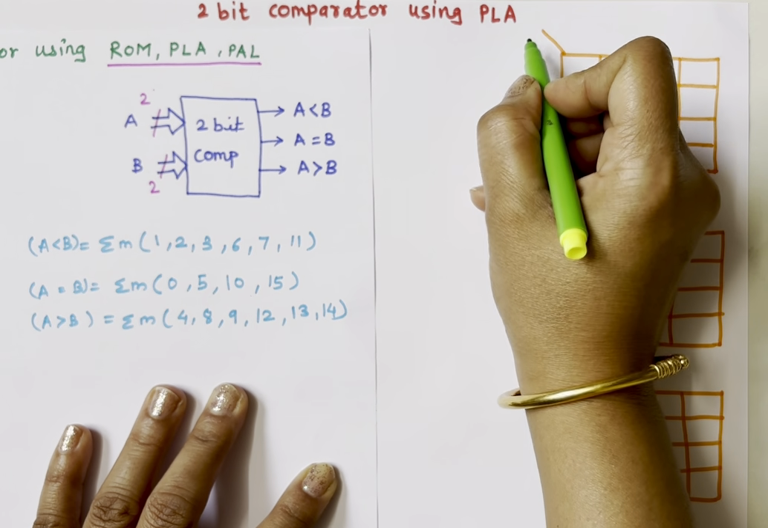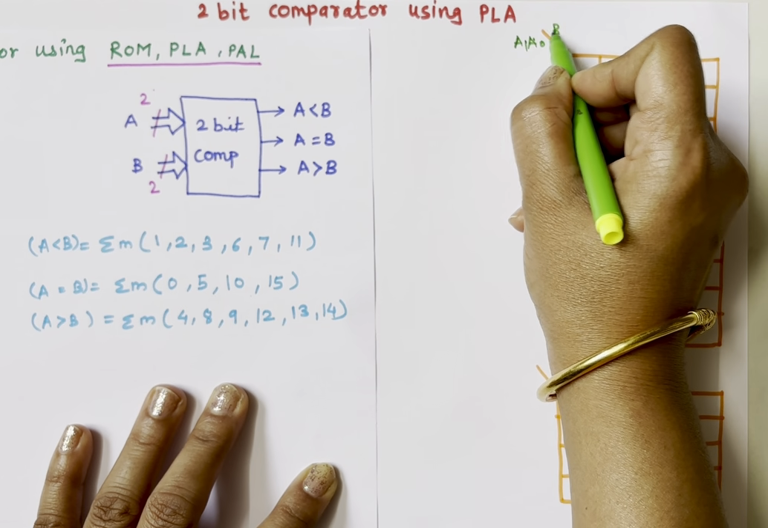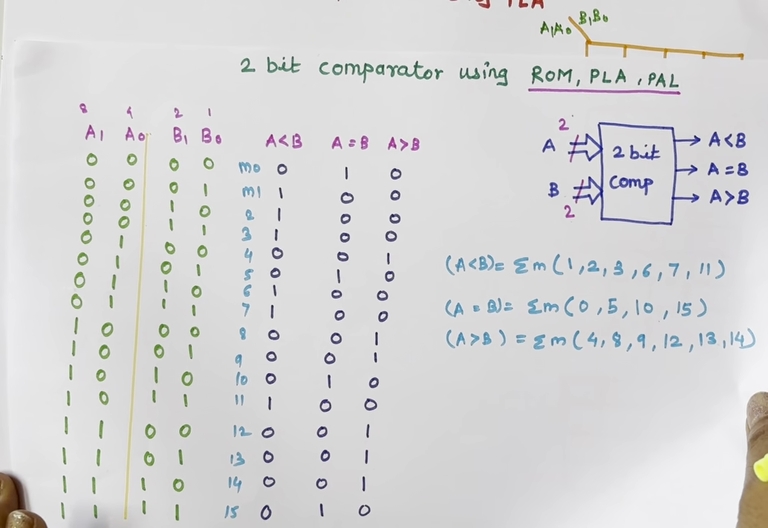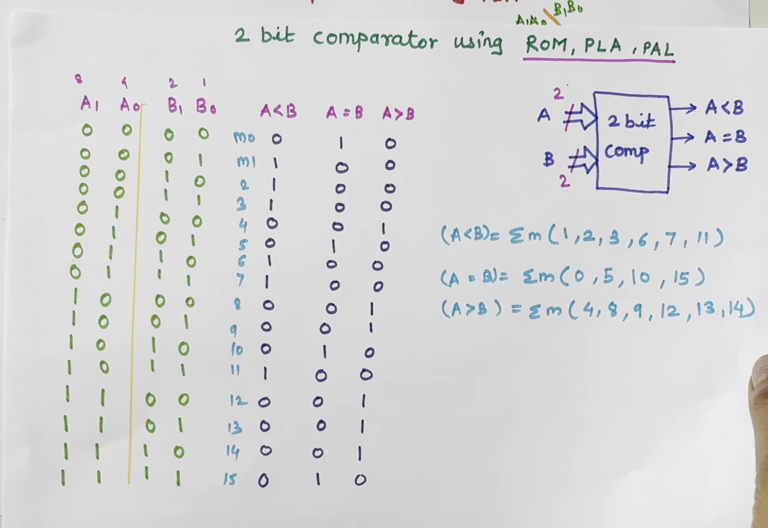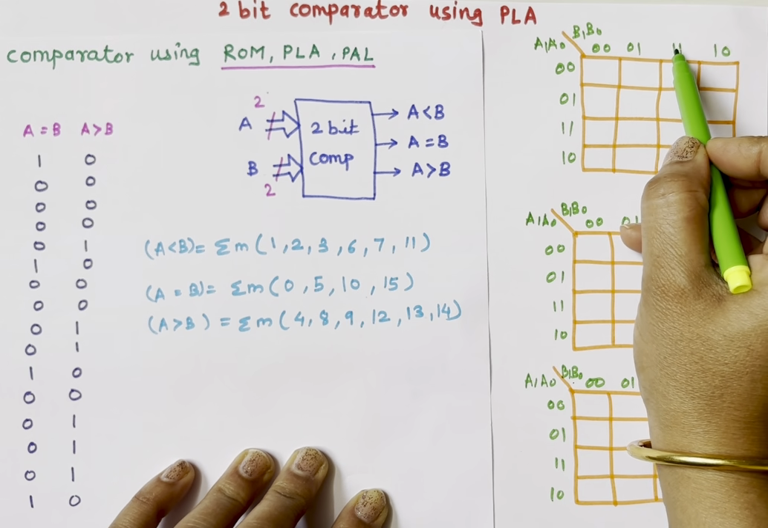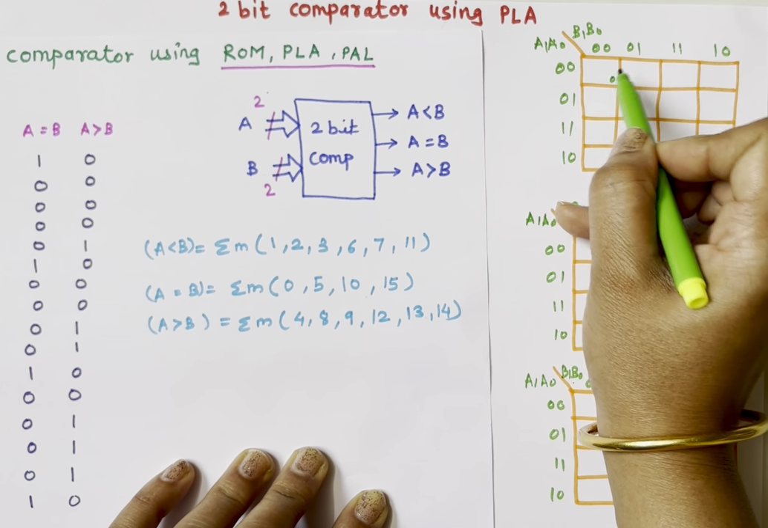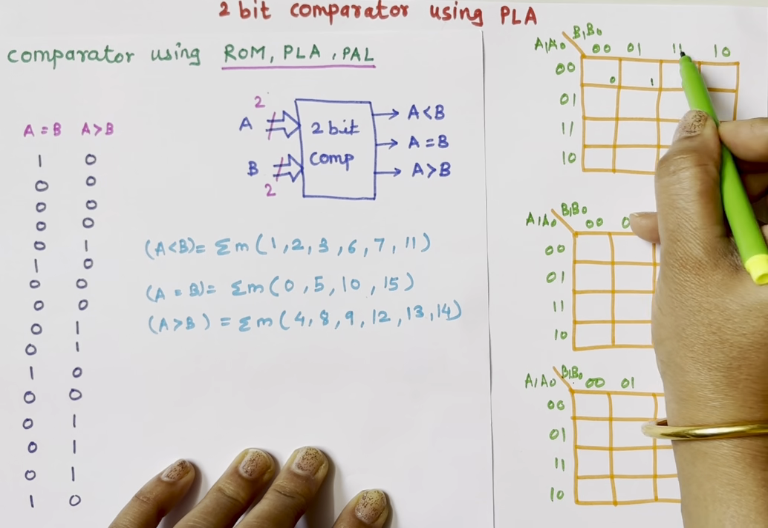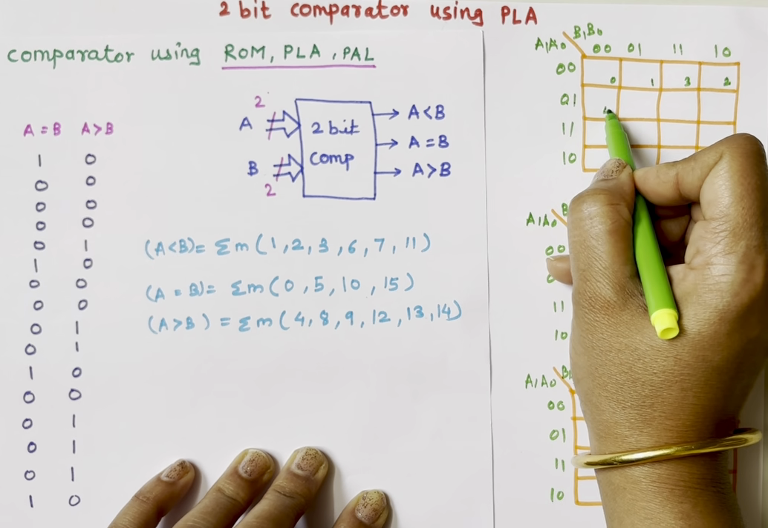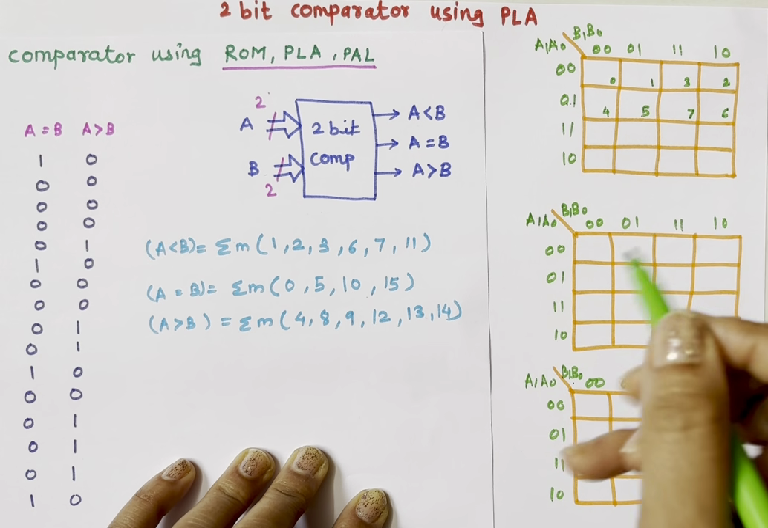Here inputs are A1, A0, B1, B0. See, you need to follow this sequence. Here it is A1, A0, B1, B0. In K-maps, we use gray code, and that is why 00, 01, then not 10, it is 11 and then 10. Then 0000 is 0, 0001 is 1, 0011 is 3, 0010 is 2, 0100 is 4, then 5, this is 7, 0111, this is 6,